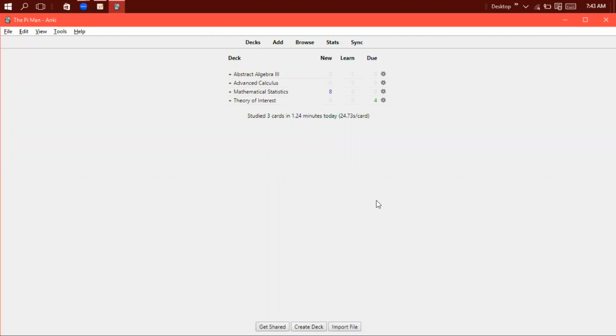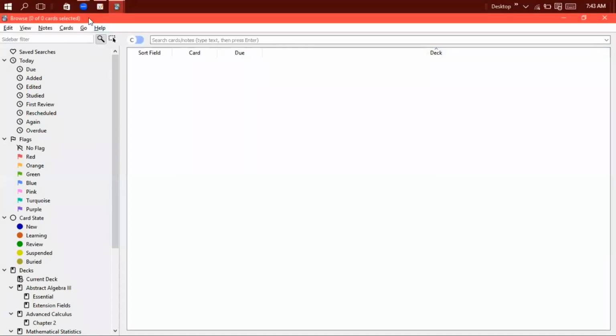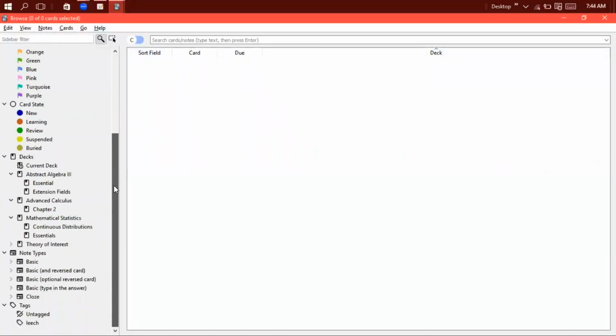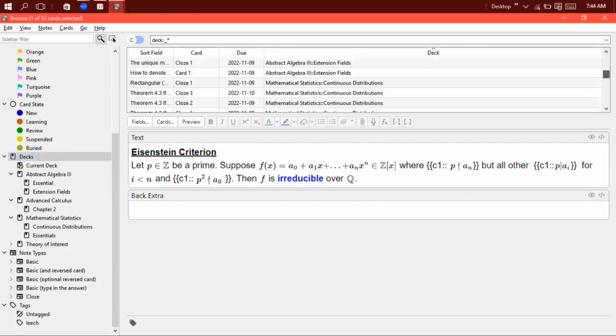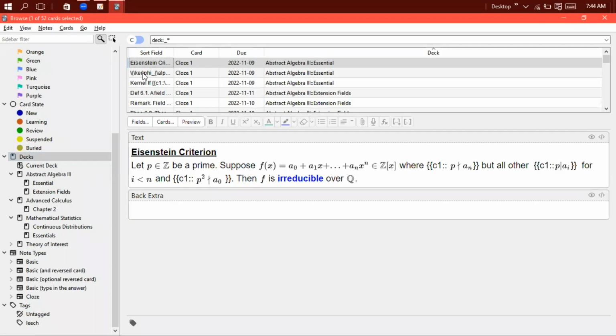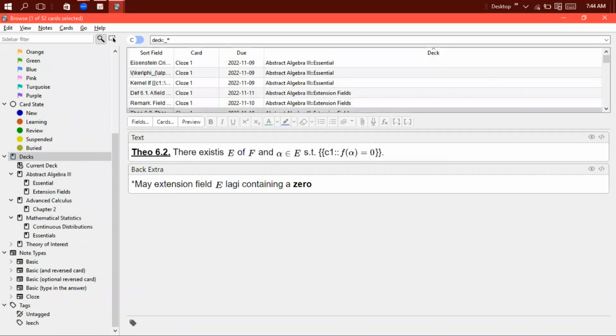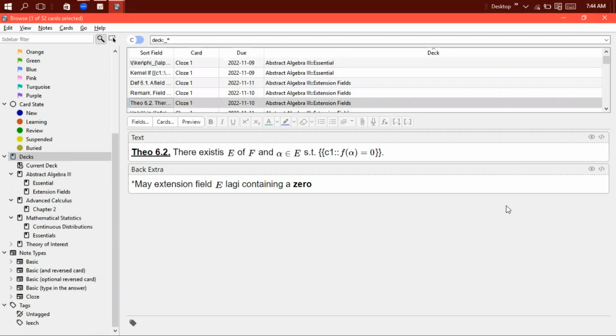Here I have 4 decks for my 4 math classes: abstract algebra, advanced calculus, mathematical statistics, and theory of interest. Here, you can browse the cards. As you can see, there are hundreds of cards that I need to remember. But fortunately, through Anki, I'm not bombarded with a lot of flashcards in one session. It's distributed properly so that I won't be overwhelmed, and at the same time I will be challenged to answer some of the